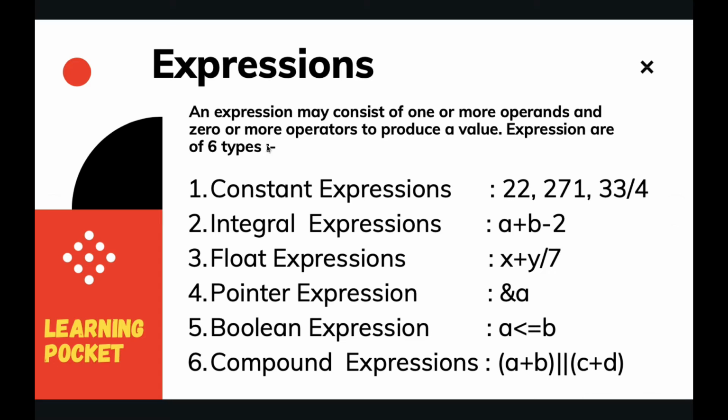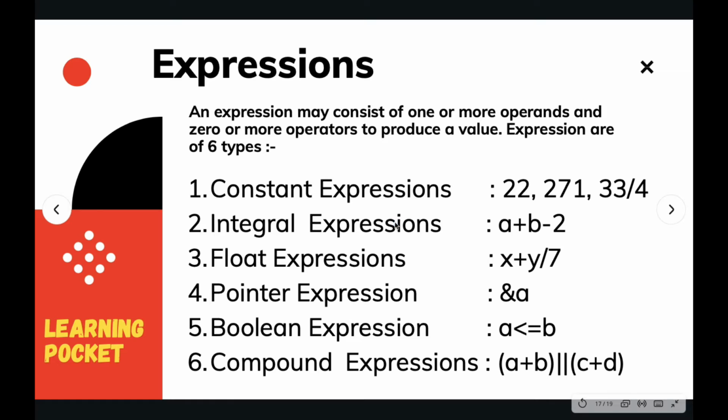And while studying the operators, we have already learned how to use those operators, and using those operators is basically all about writing expressions. So we have six types of expression, and most programming languages support all these six types of expressions, you can say. So first up we have